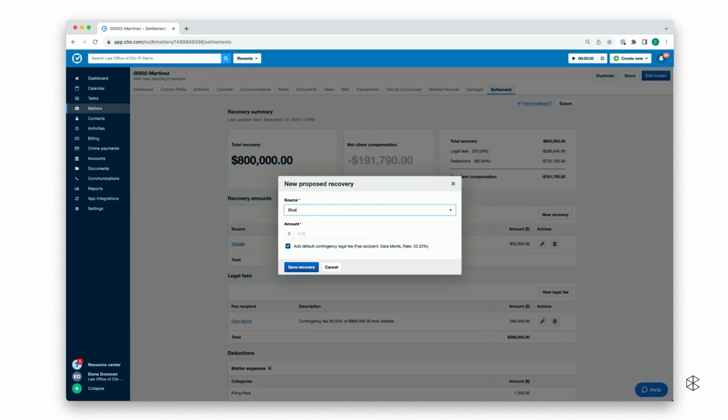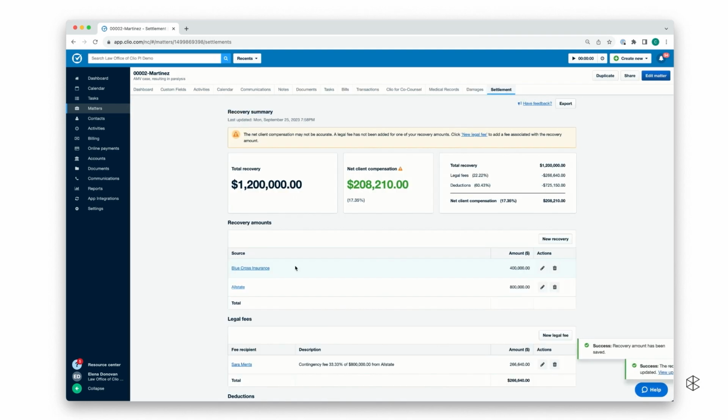Scrolling back to the top is where you'll be able to add your recovery amounts. And these can be hypothetical if you're just trying to figure out different scenarios. Put your source in there, put your amount. You can have a checkbox there where it'll take your default contingency fee off that settlement, or you can uncheck it. And you'll see here a small warning that says, oh, hey, you've actually logged the recovery, but you haven't